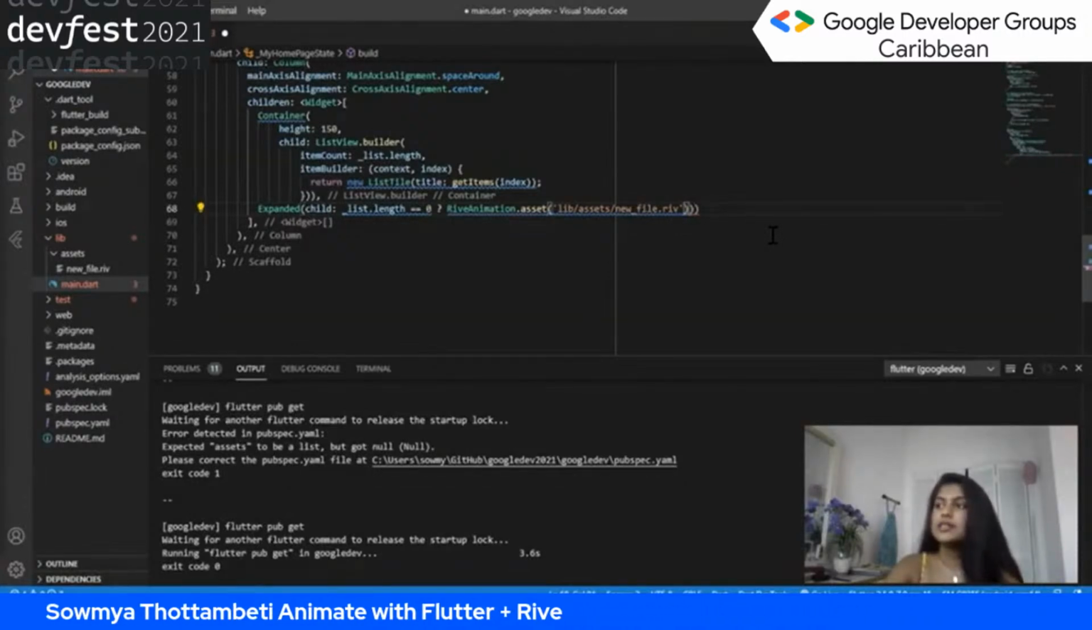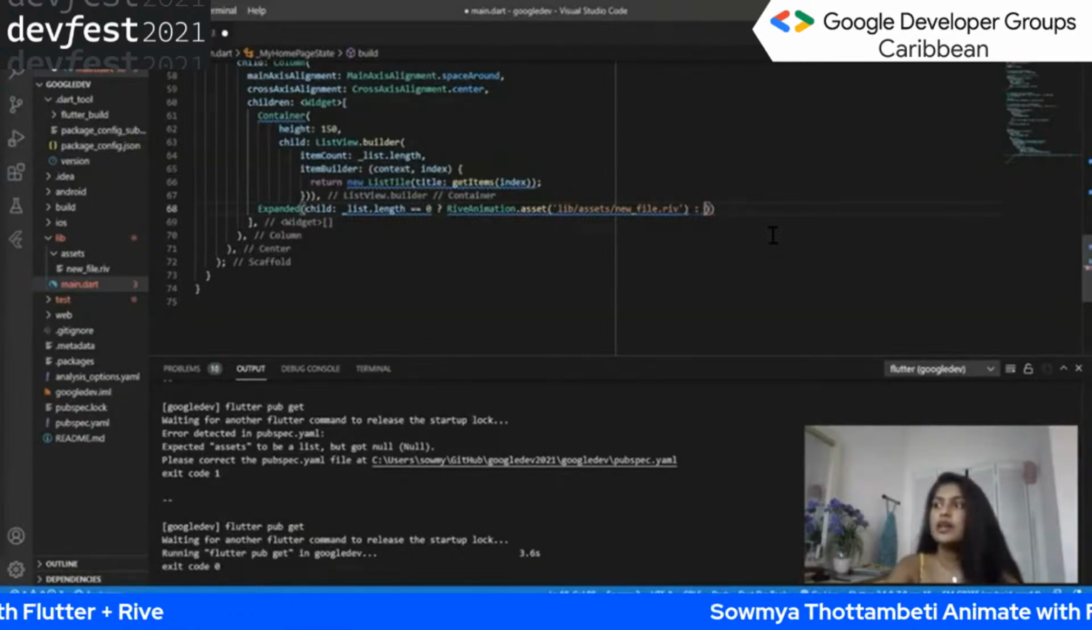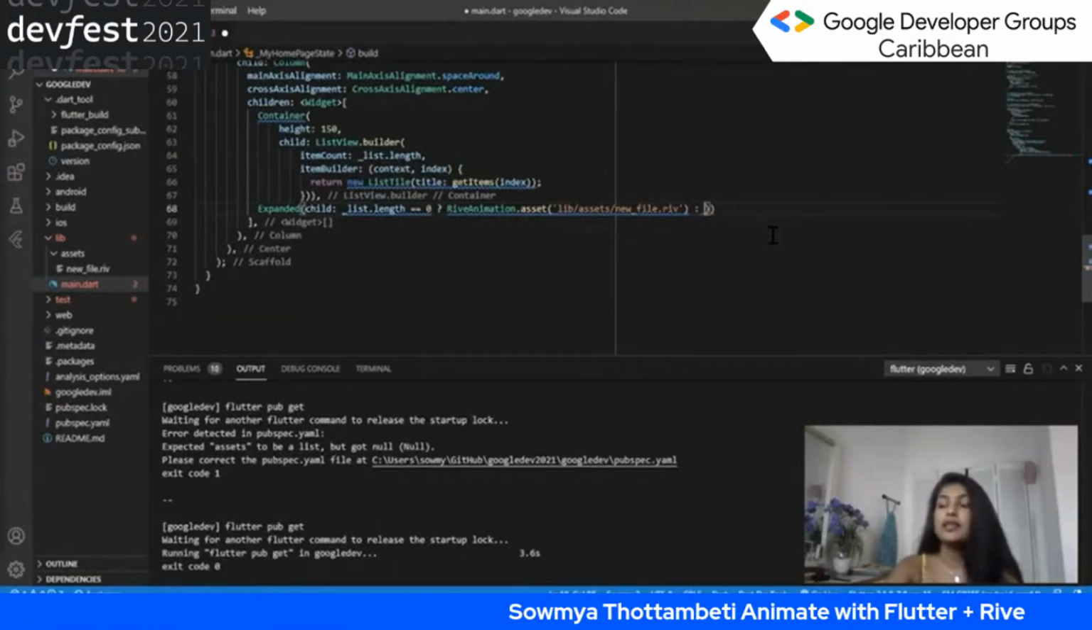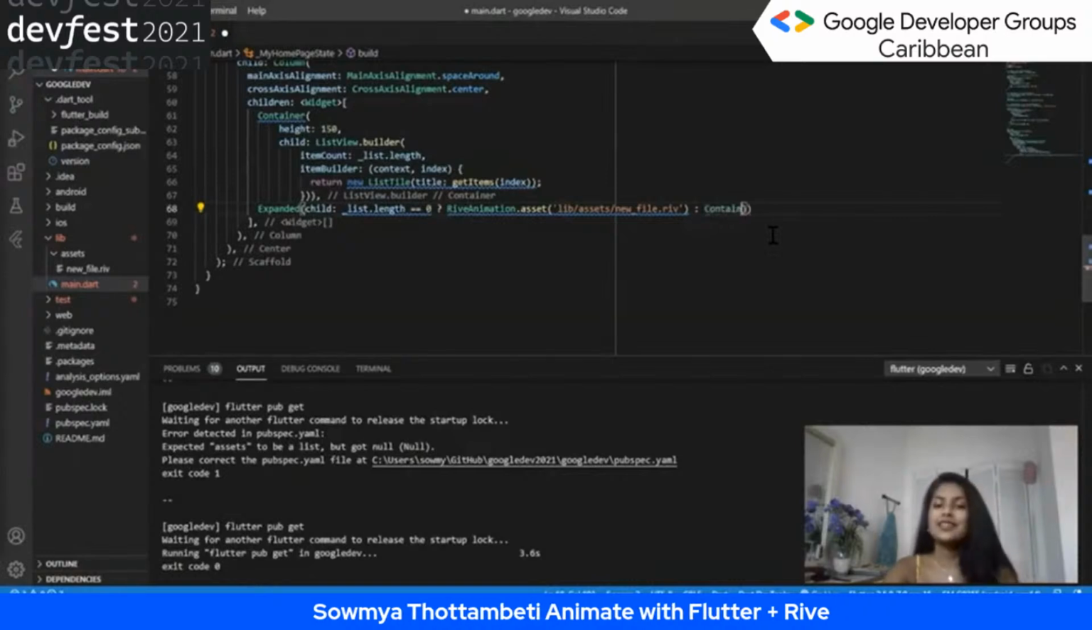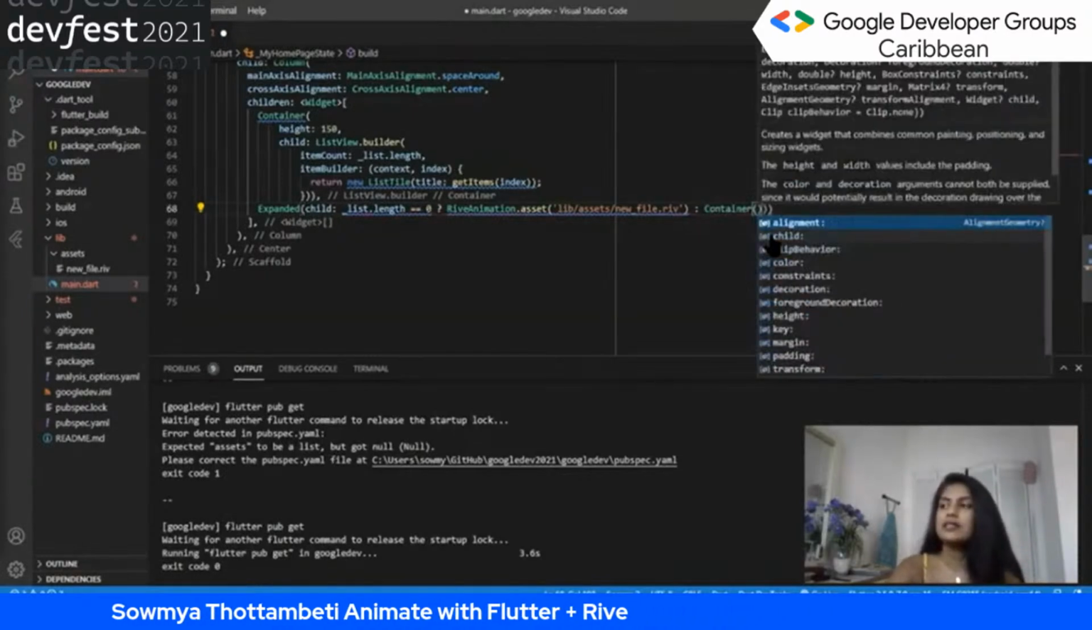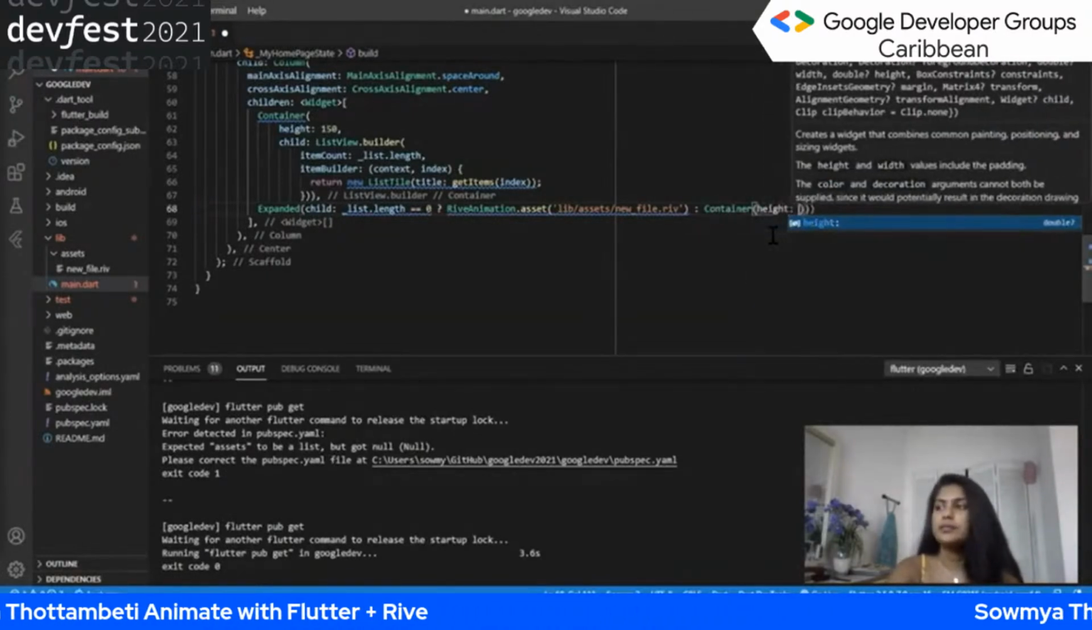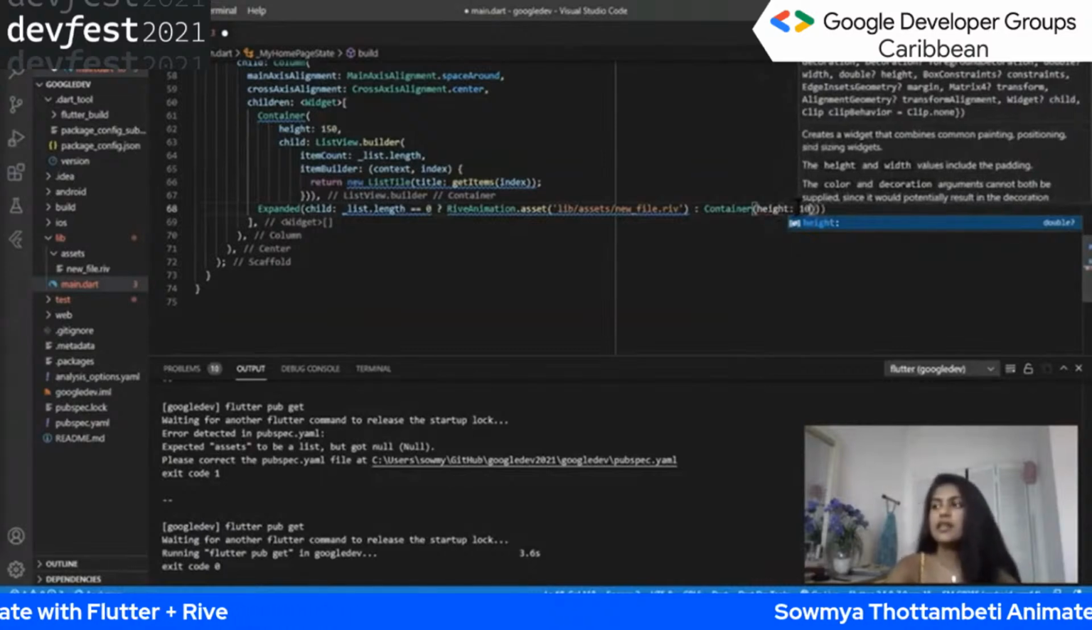And afterwards, what if the length of the list is not 0? I'm just going to return an empty, just a container with basic height, nothing fancy. Okay,